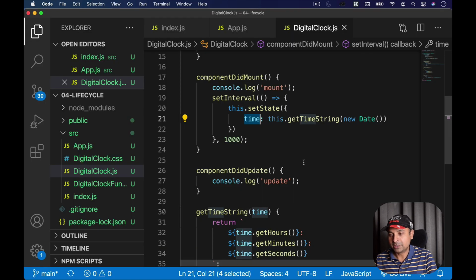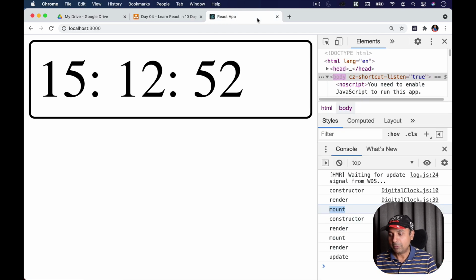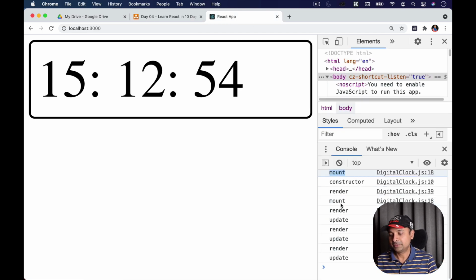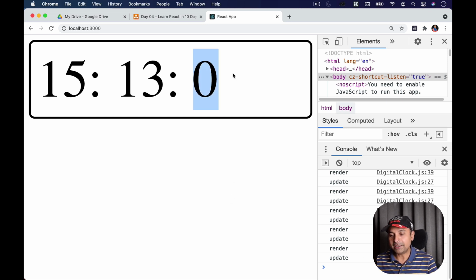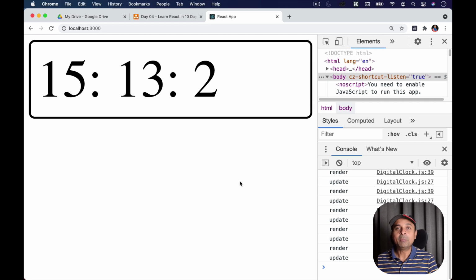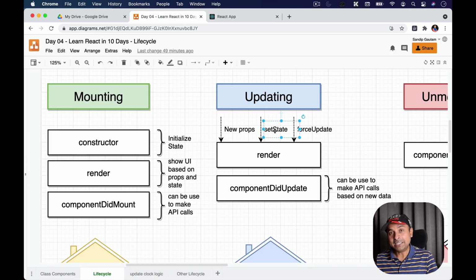So I'm going to save this. And now if I go back to my application, see that: render, update, render, update, render, update. Why is this happening? Because every second, my state is getting changed. So the setState is getting triggered after each second. Because of that, the render, because of that, I'm seeing